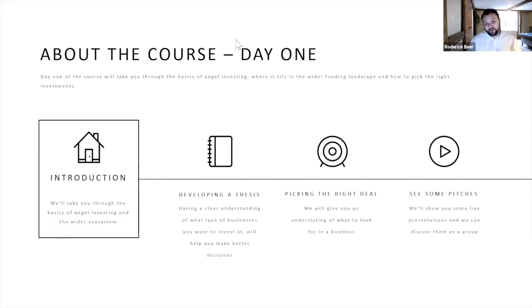And then the final part, we're going to see some live pitches. These are all actively fundraising, or they might have closed, but they'll take more money anyway. We're going to see 4 businesses, all from the UK. So again, apologies, they are UK based. We've got 4 companies doing 5-minute pitches, and we're going to watch it all together, and we can make some comments and chat about it.